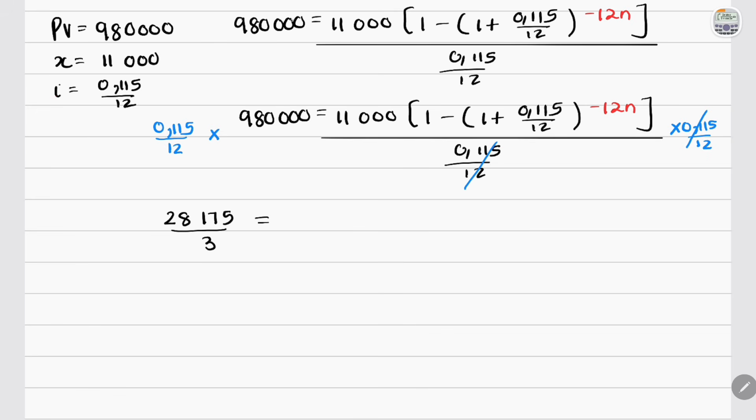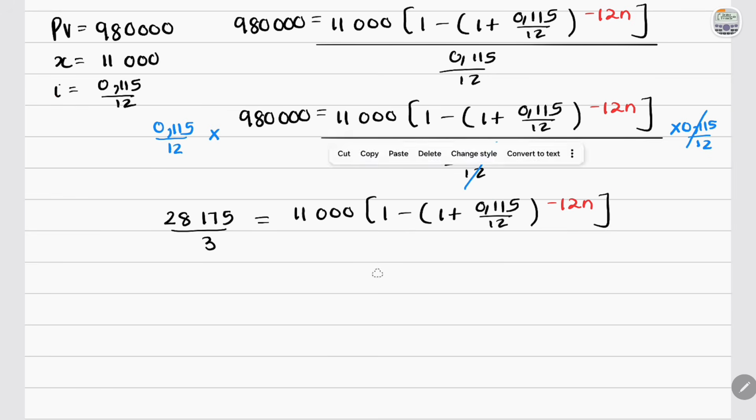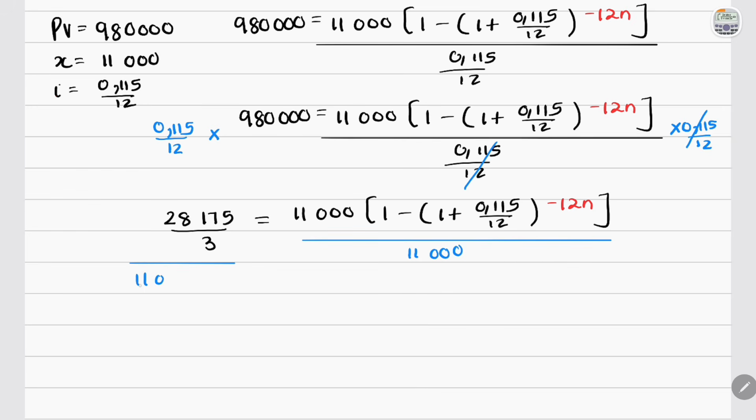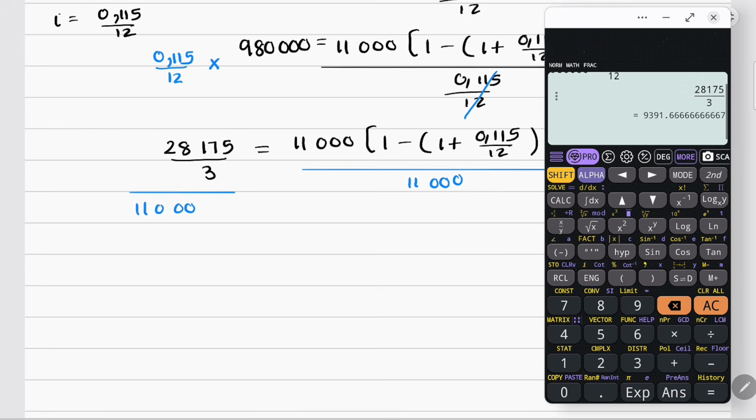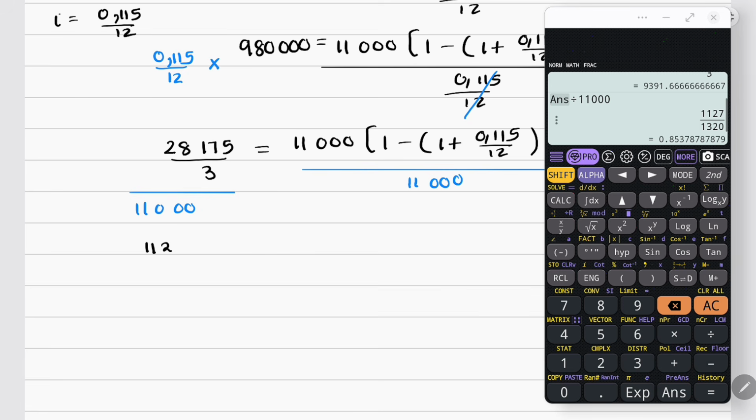Okay, so once everything is written down, what is the next thing you need to get rid of so that you can get closer to that negative 12n? The next thing would be the 11,000. We're just trying to get into this, to that. So get rid of the 11,000. It's multiplying to this, so you would simply divide by it. But this is an equation, so what you do on one side, you must do on the other side. So also divide by 11,000 here, and let's see what we get. On your calculator, you can simply say divided by 11,000, and then this is what we get. Okay, it's also a fraction. We can use that. So this is 1127 over